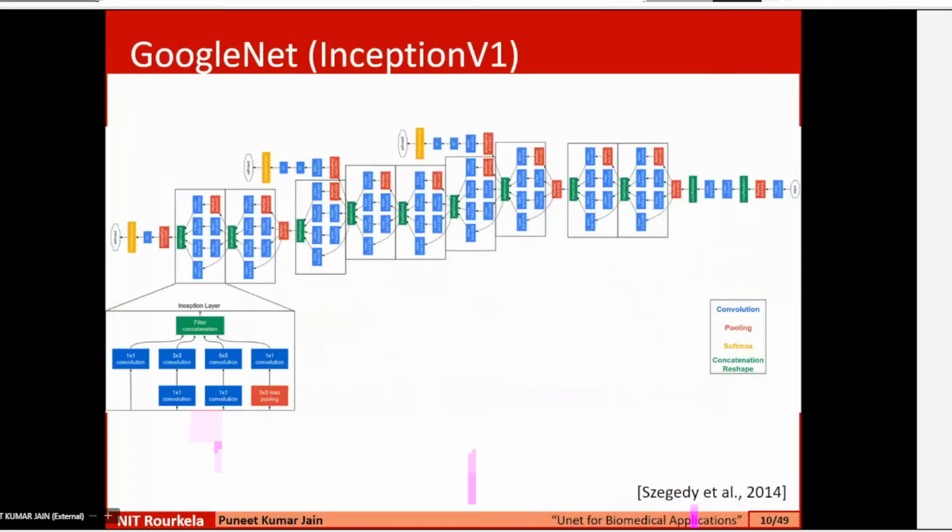In 2014, an interesting model came into the picture, proposed by Google's team, and that's why it is also termed Google Net. Otherwise, it is also very popularly known as Inception Net. The reason behind the name is that there is a model within the model, in many layers, there is a model itself. That means if you would be able to